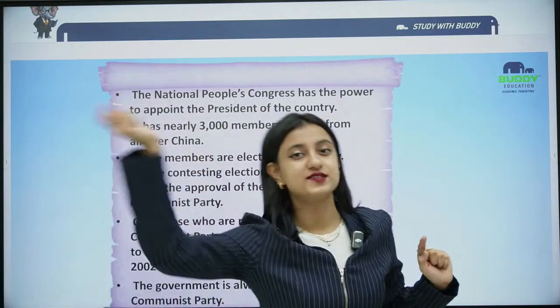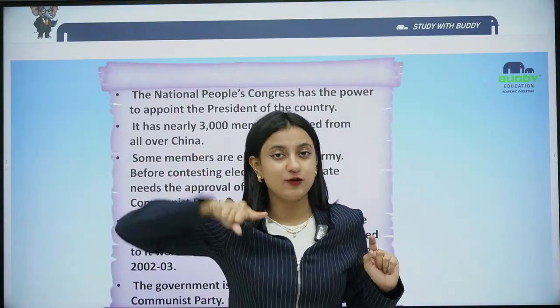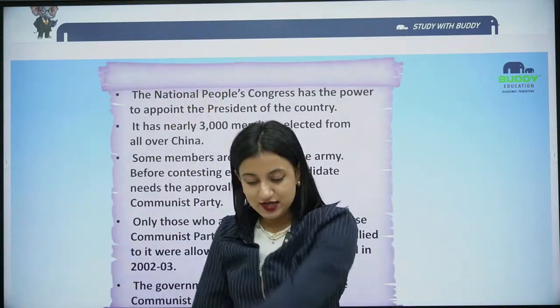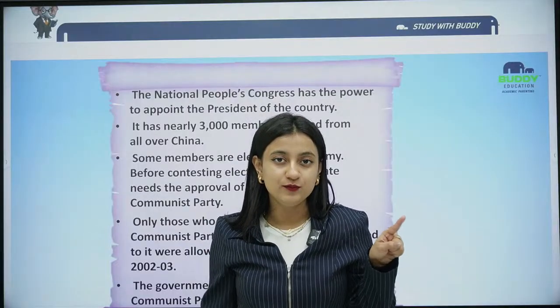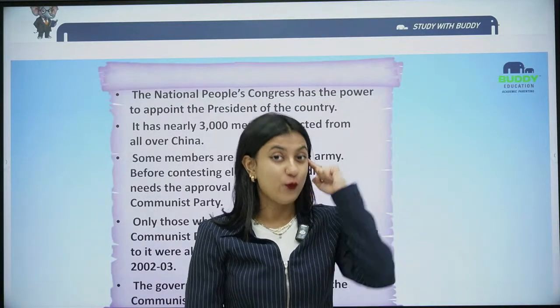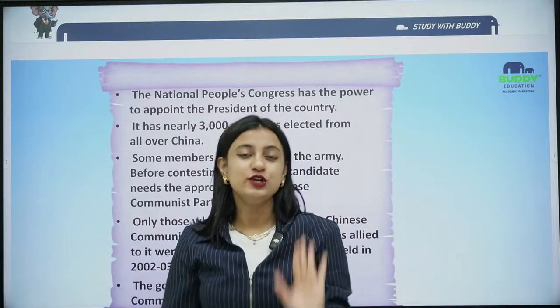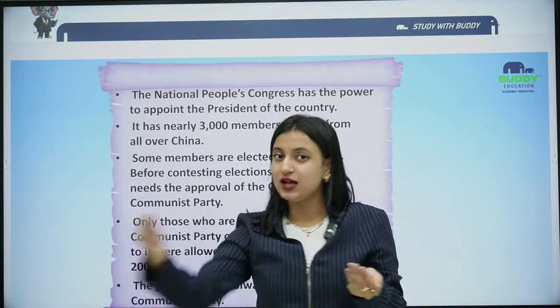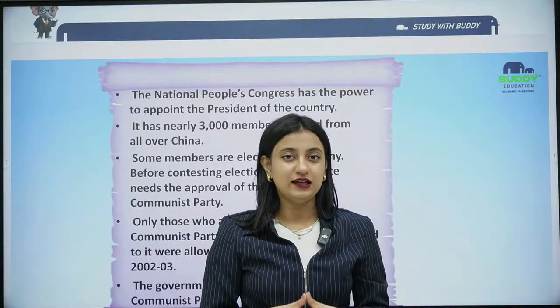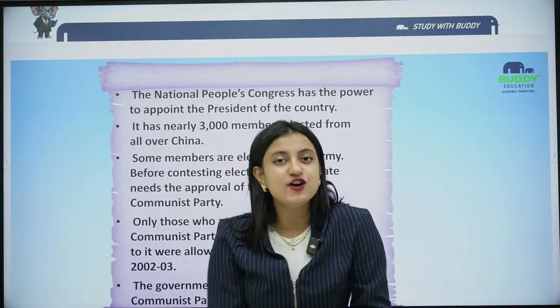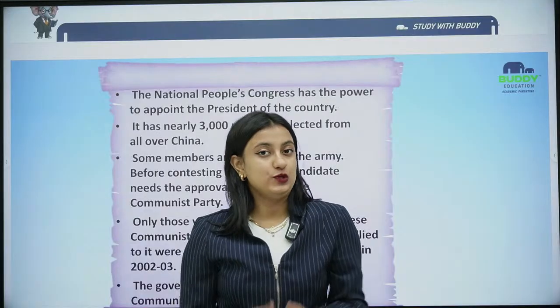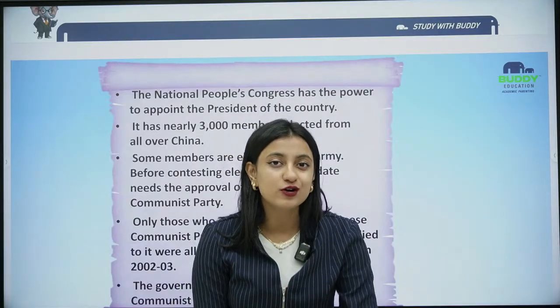But I don't want to take the elections on the basis of the Communist Party. I want to stand from the other side. But even if I want to stand from the other or opposition side, I will still have to go to the Communist Party for approval. Which technically sounds wrong, which technically means that the Communist Party is only going to win. And it's only the Communist Party which is powerful, not the other parties. So technically, the Communist Party will never have the fear of losing,